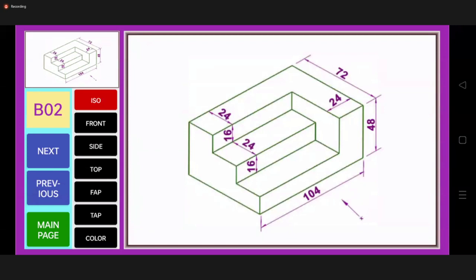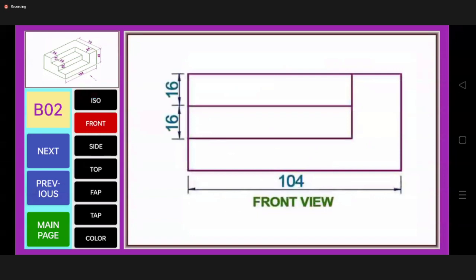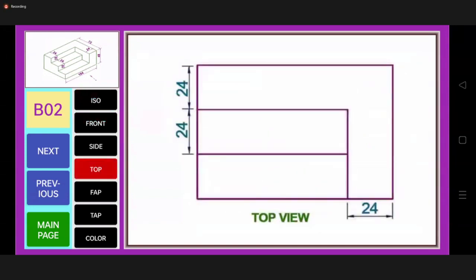As I explained in the last lecture, if a particular surface is perpendicular to the eye side, it appears as a plane. On the top, on both sides, and on the base, there are surfaces, but as they are parallel to the eye side, they appear as a line. So if I see the front, it looks like this. If you see the top view, it looks like this. And if I see the side view,